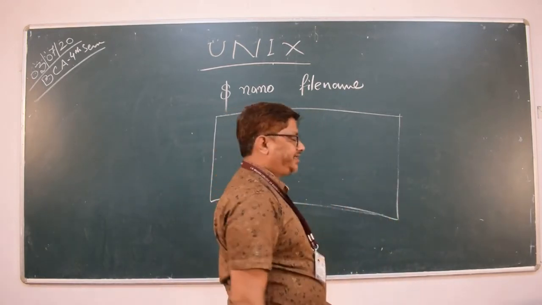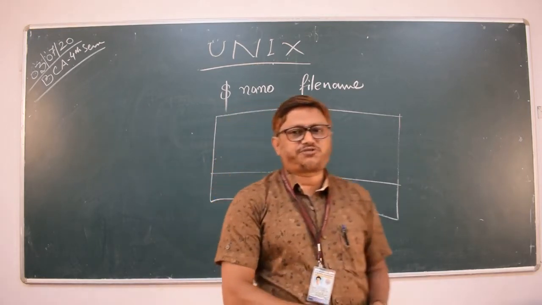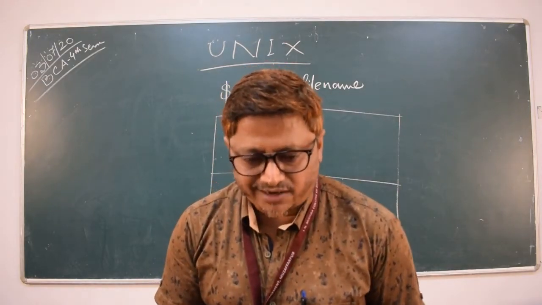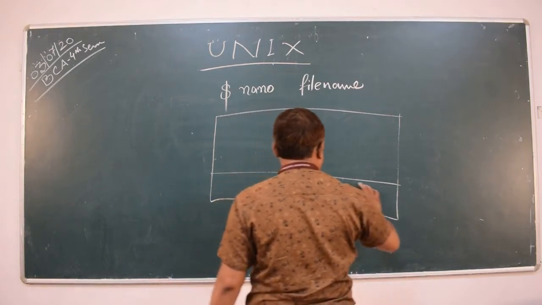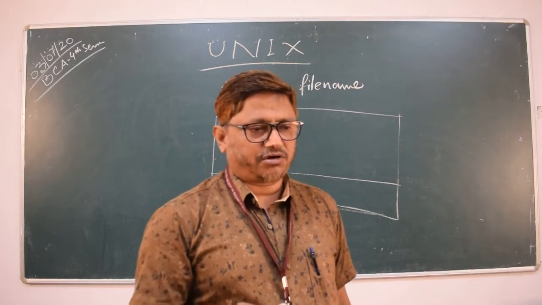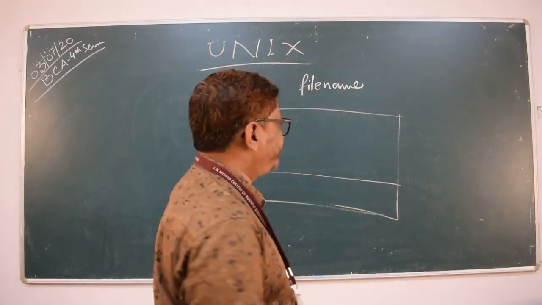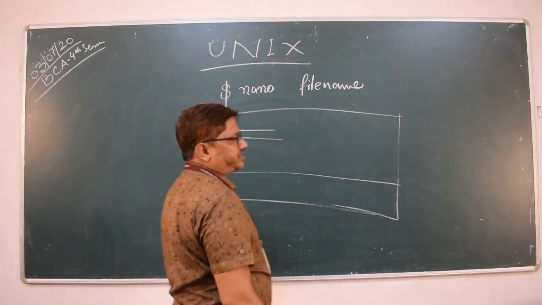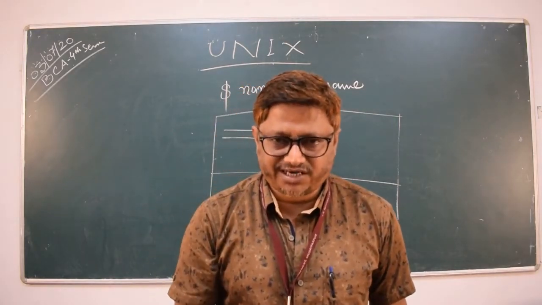At the bottom of this editor, the options of the commands are displayed. There is no need to remember the commands in the nano editor. All these commands will be displayed at the bottom. Suppose Control X for cut, Control U for undo, these things will be displayed. After editing the lines of the file, press Control X, then Y for yes, and enter.